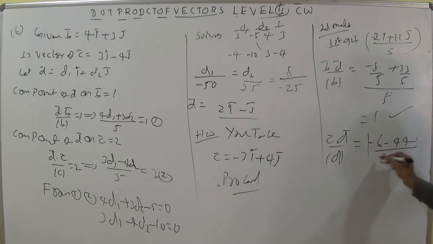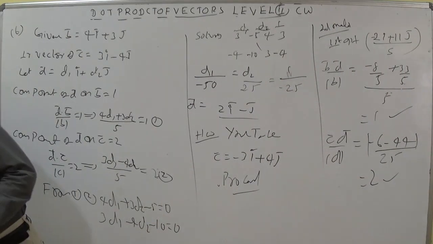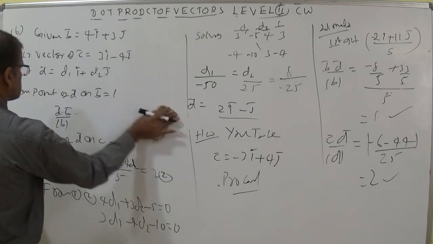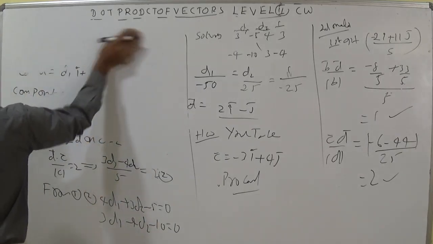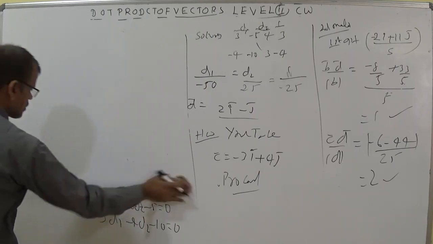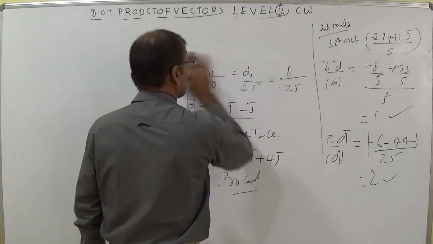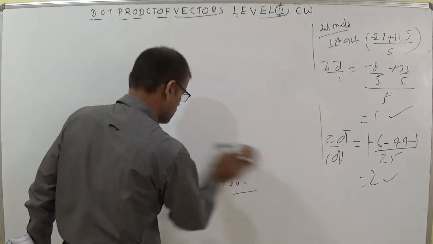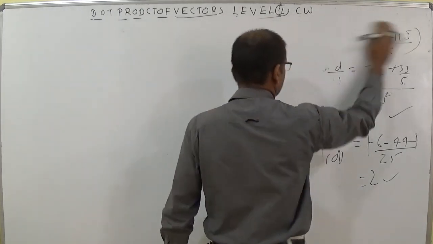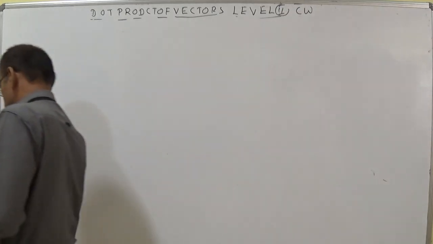You can write a component 50 by 25 too. It is also correct. So verification is a better method, but you try to do homework in this method. Next, the seventh question is an important question in conceptual questions. This should be given in cross product of vectors. That question depends upon cross product of vectors, not dot product. Let us discuss the seventh question.